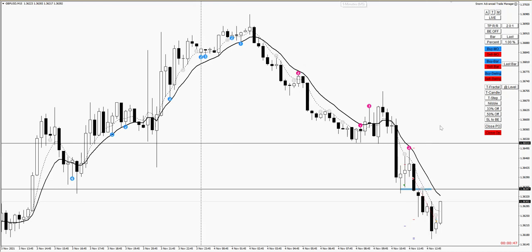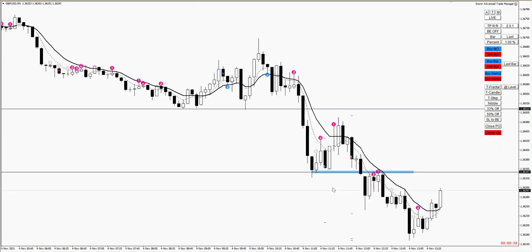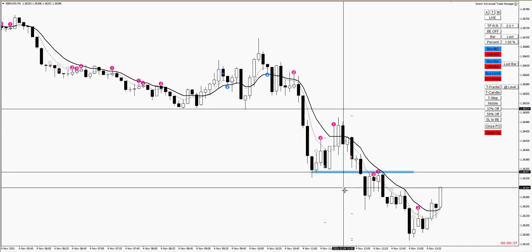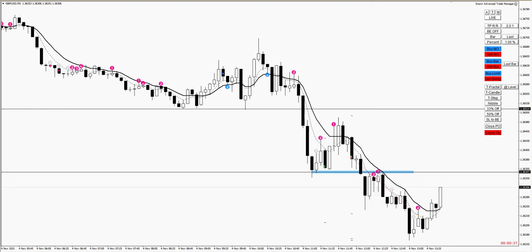If not, what you want to do is you want to see this break, and then you want the retest, which happened on the 5-minute chart. And this is a 10 out of 10 setup. Why? Because now we have a confirmed trend. It has broken the previous pivot, then it's retested it, and it's created a 2 and a 3, which is